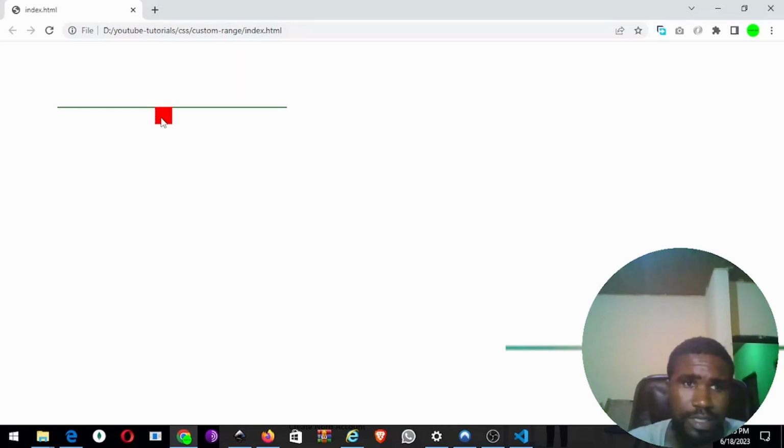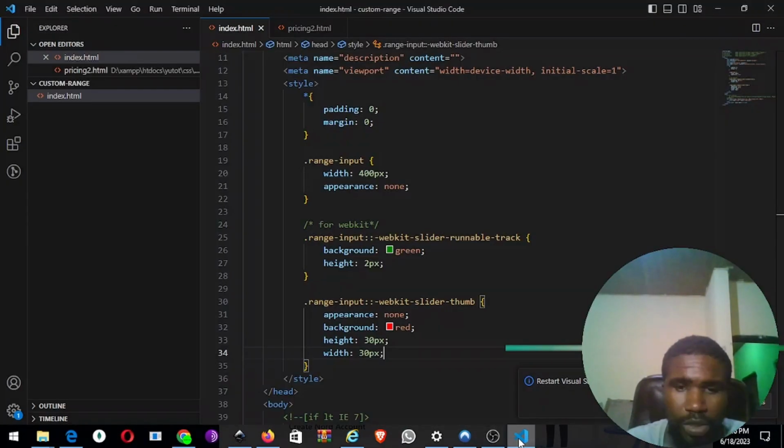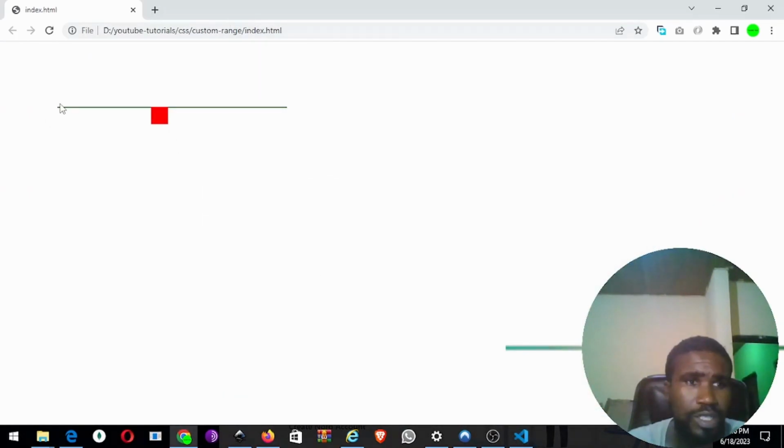So on the horizontal axis it is aligned to the top, but I'm very sure that most of you like to make it center aligned to the slider runnable track. So in order to achieve that, if the height of the track is 2 pixels and the height of this thumb is 30 pixels, if I want to center align the thumb horizontally on this track,